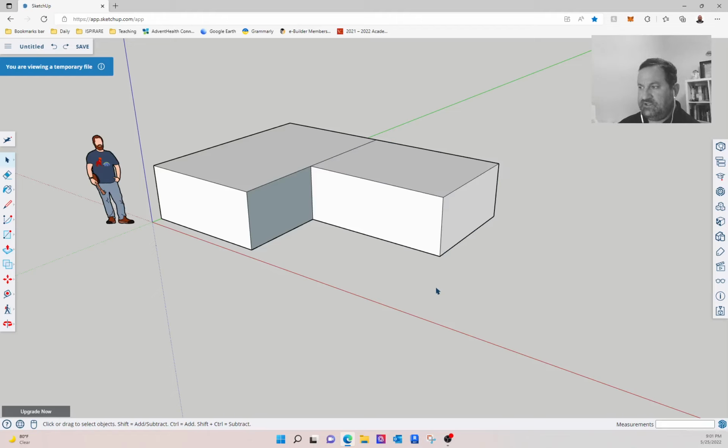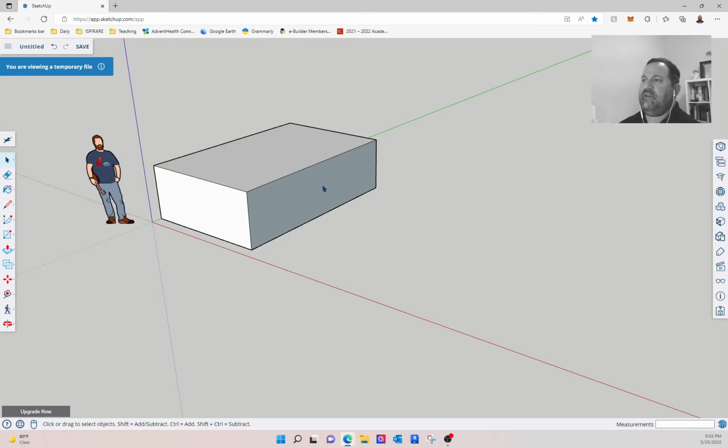Another selection set is left click, hold, drag to the right. Notice that the line work is different. That line work is an enclosing window. It only selects the things that are within that window. So notice it selected that plane, but not the other four. Whereas with the crossing window, it selects everything it touches. So I use a crossing window more often than not. I hit delete, and then using just the selection tool, I can delete that line, and we're back to where